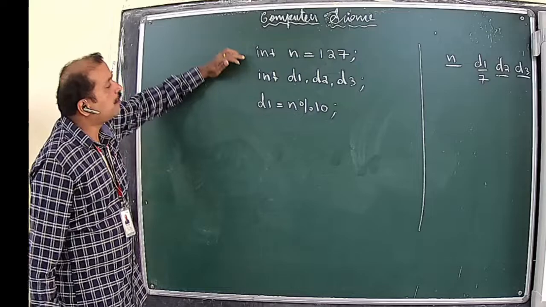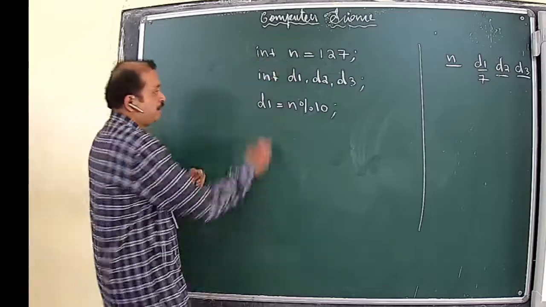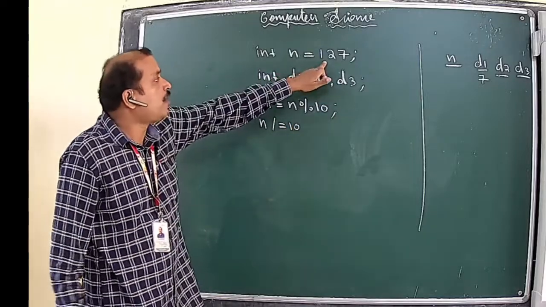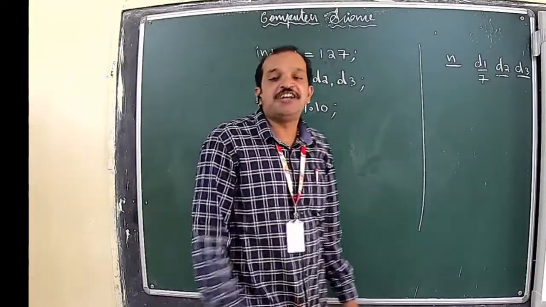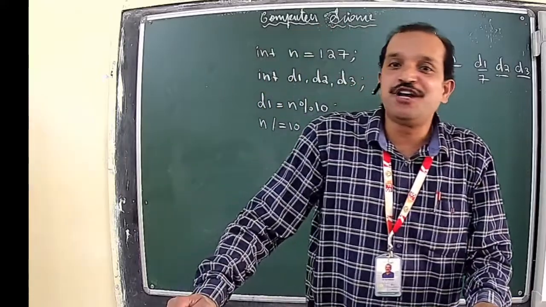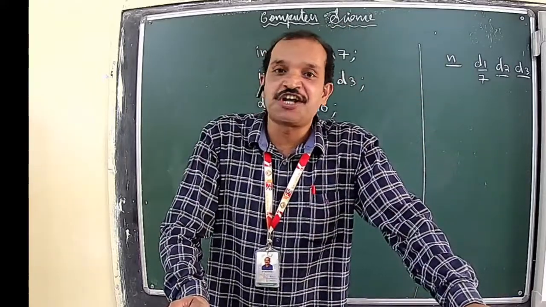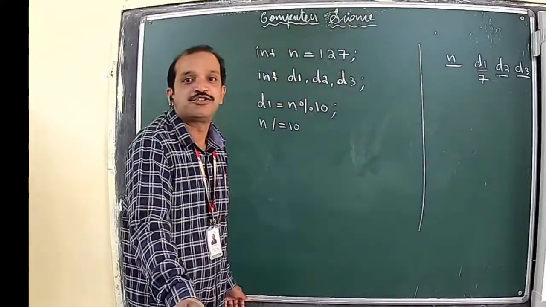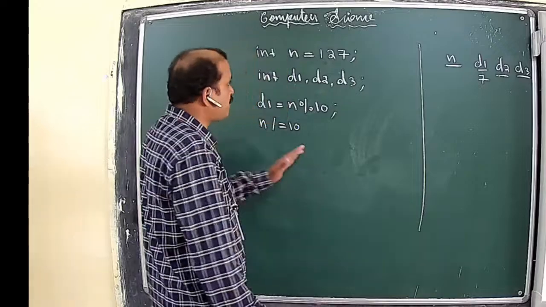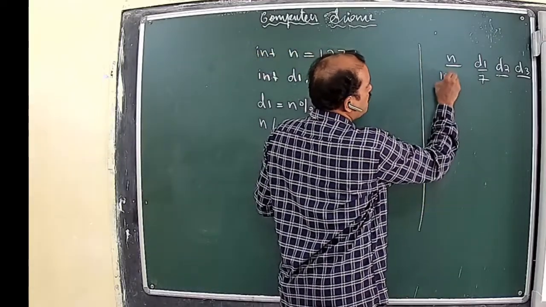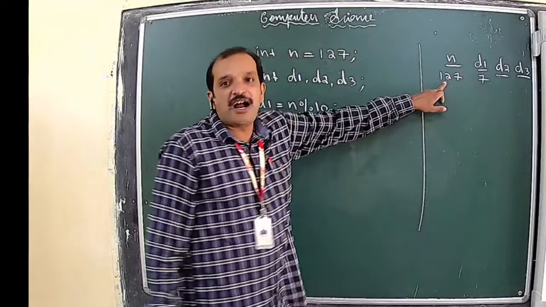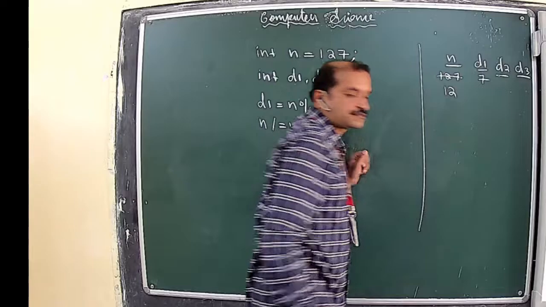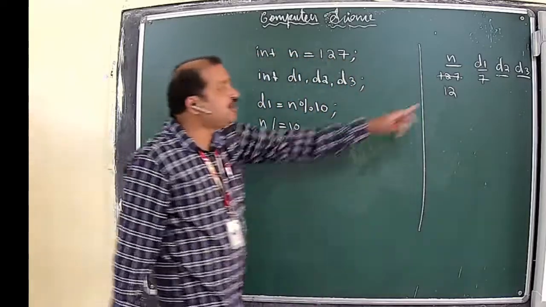After that, we are going to divide this number by 10 again. n division equal to 10. And when we divide 127 by 10, it is going to be an integer division. I hope you are already familiar with these two types of division, integer and fractional division. In integer division, there is not going to be a fractional part. So the initial value of n was 127, and when we divide this number by 10, the answer is going to be 12, not 12.7, since it is an integer division.